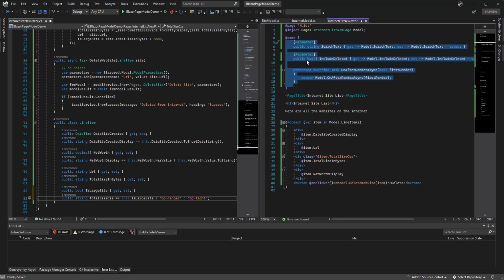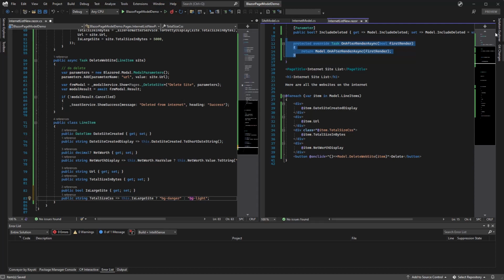You could do some things to get rid of some of this by deriving a base class, and actually I might cover some more of this in another video where you could get this thing out completely. You're going to need the parameters, so there's not too much you can do about that, but you could do some additional work to get this out. But I still think that from where we were,